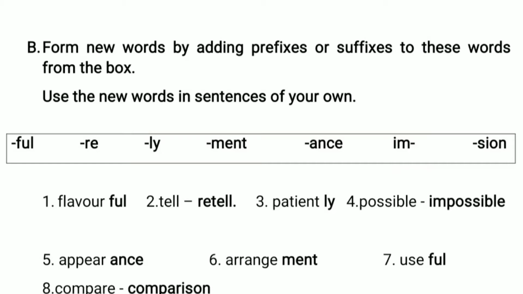And now you see children, number 7, use, and after that word use we will add F-U-L, it becomes useful. Now children, with this U-S-E, use, I could also add L-E-S-S. So useful, useless. I could do that. But children, I cannot write L-E-S-S. I should not write L-E-S-S because here the L-E-S-S option is not given to us. If it were given, you could write.